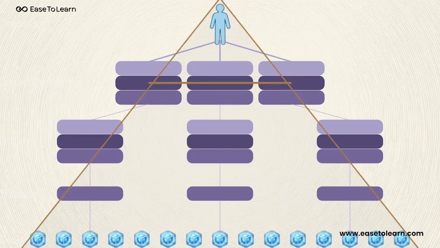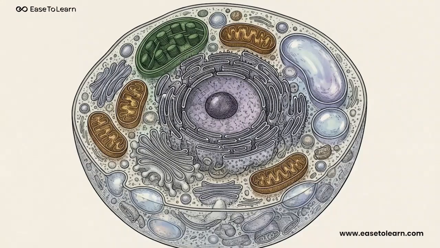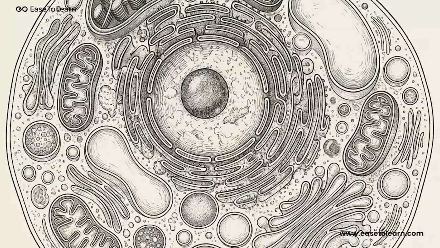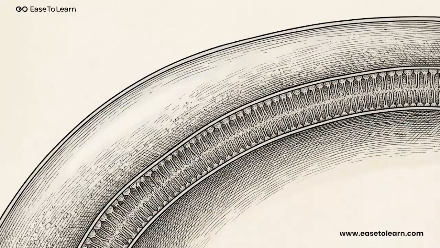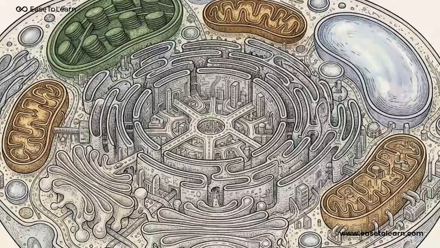Every cell is alive and active. They are constantly performing the processes that keep you functioning, like breathing, taking in nutrition, and growing. To do all of that work, the cell divides its labor among different internal parts called organelles. To really understand how organisms stay alive, we have to look inside one of these microscopic structures and see it for what it truly is: a bustling, highly organized city.